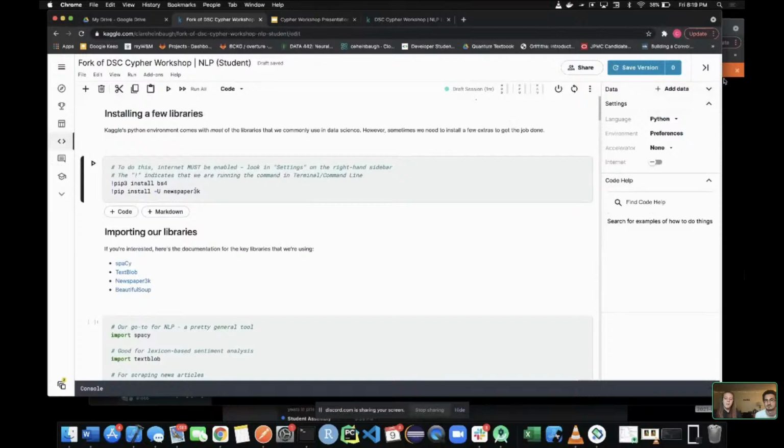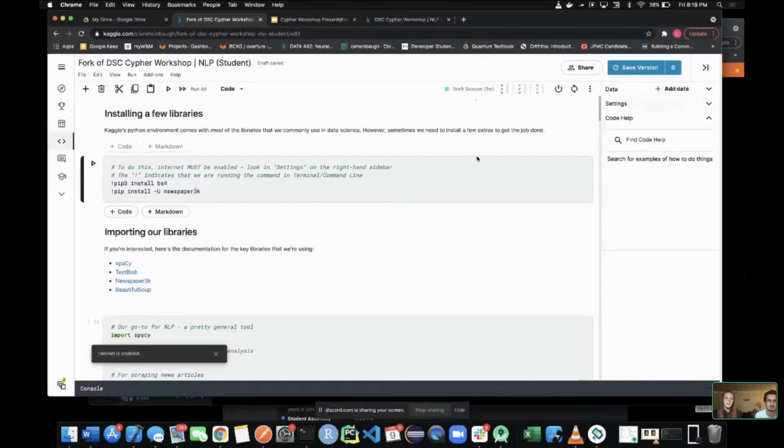So if you just go over to the right, you can either click this arrow thing, and you're going to look down here for internet. Since mine is turned off right now, I'll just toggle it on. And now when I run these code blocks in just a second, I'll be able to get Beautiful Soup and